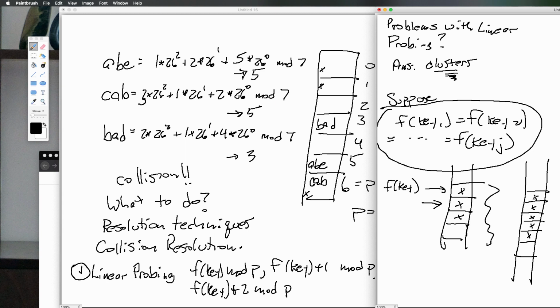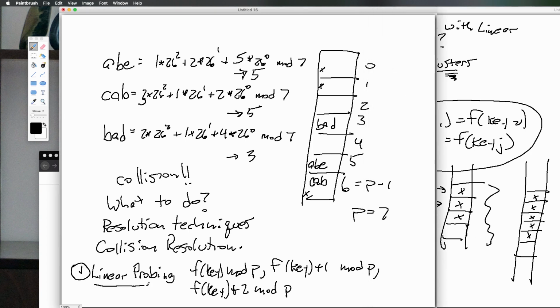And remember, once you start getting collisions, all of a sudden the timing characteristics are no longer big O of n is equal to a constant. In fact, if all of the keys all hashed to the same number, you're going to get that insertion time is now going to be of order n. I'd have to go through all of them to actually find one. Okay? So for that reason, linear probing is not really considered all that great. So what are the alternatives? Well,